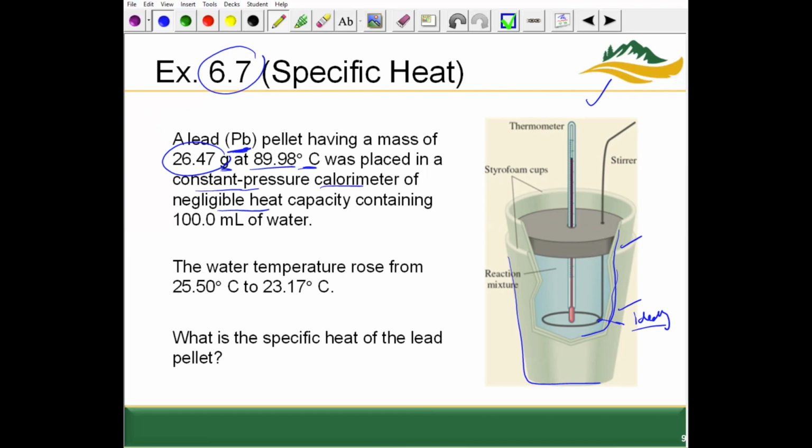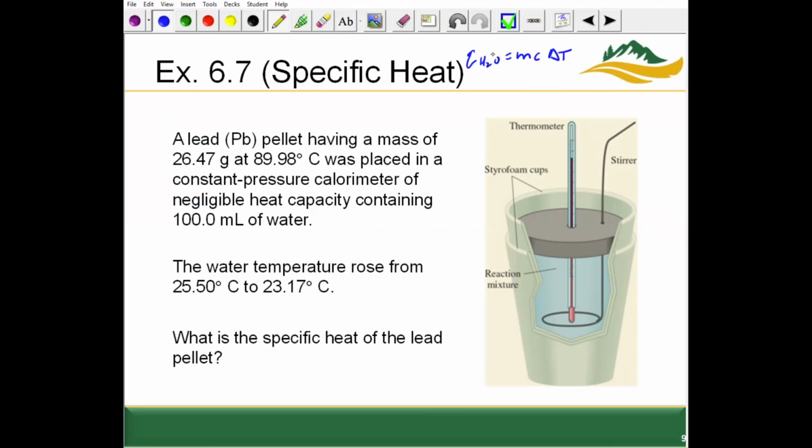So negligible heat capacity containing 100 milliliters of water. Then we know the water temperature rose from 25.50 degrees C to 23.17 degrees C. Then what is the specific heat of the lead pellet? So this is a little bit more complex of an example, so I wanted to do this one together. So we can really think of Q equals m c delta T. We can think of a Q equals m c delta T for water, and at the same time,